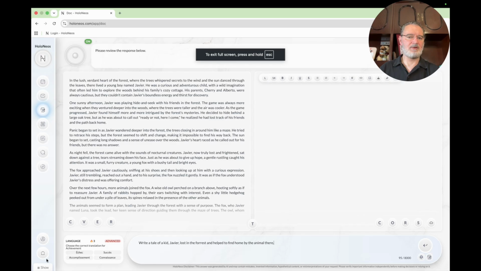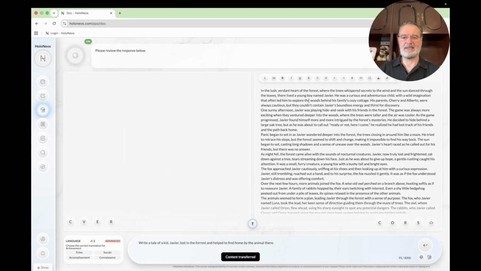Then we have here in the menu also documents. In documents you can write any kind of text that you want. It can be creative stories, it can be a business plan, it can be a marketing strategy. You can do in pieces, and basically once you have the story, you can pass it here. You can basically edit, do whatever you want, and keep adding chapters to the story, saving it, storing it in the cloud that we have for you, and prepare this document over the time until you are ready.